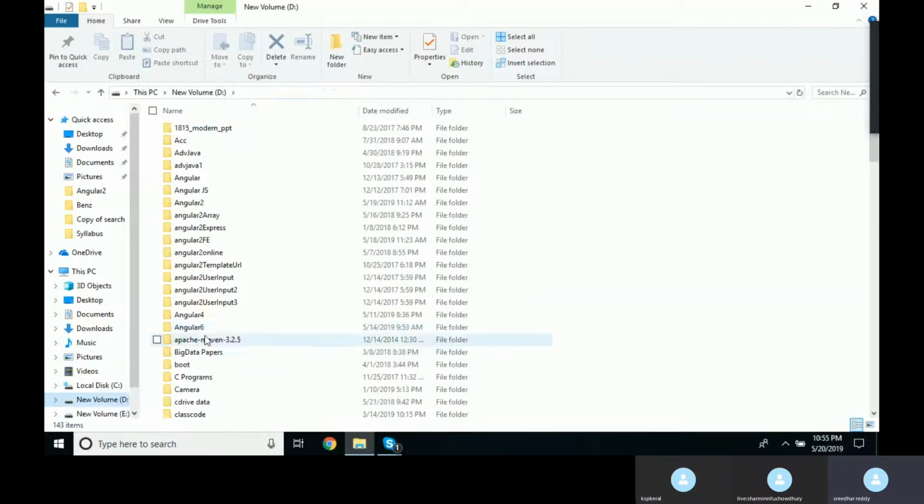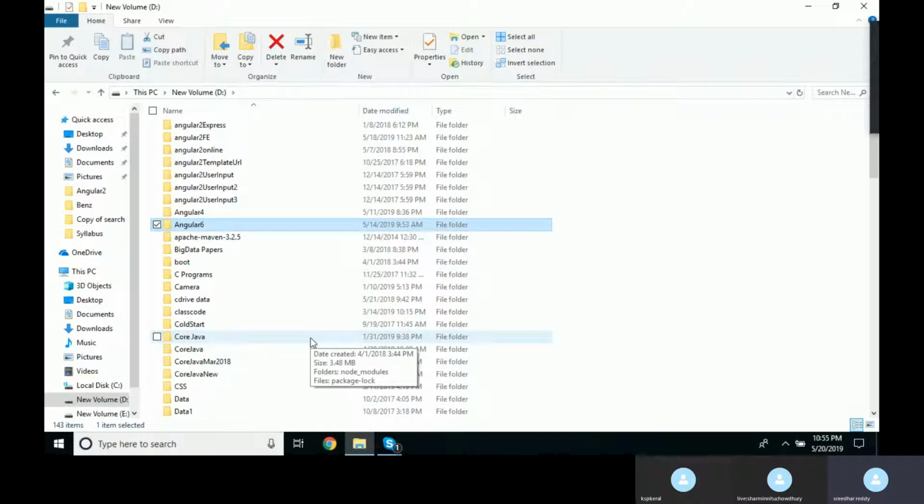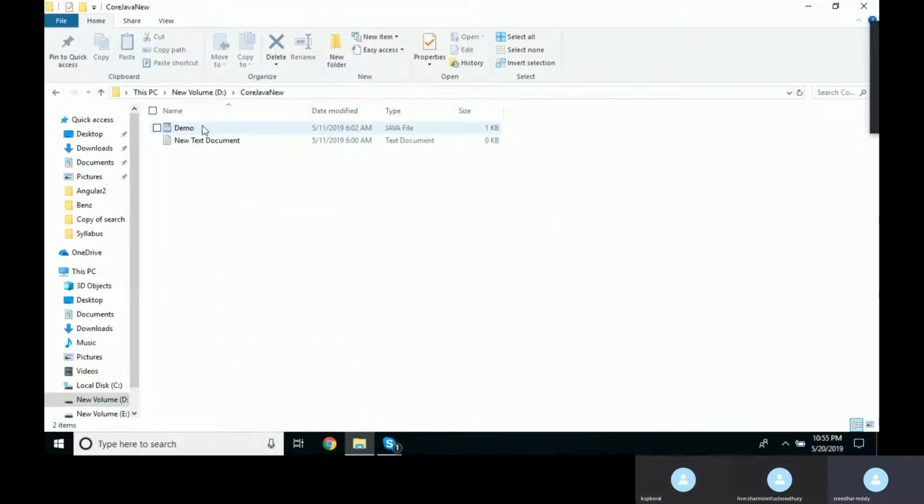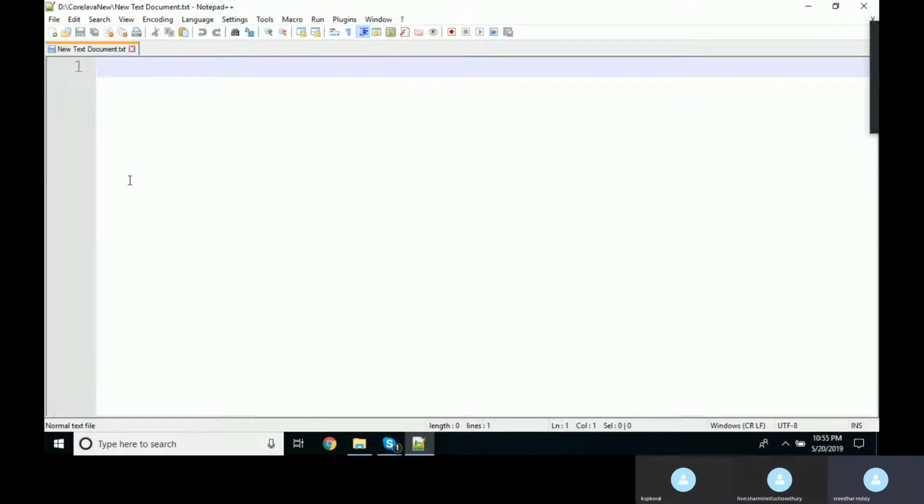Go to any drive. Right now, you have the freedom to go to any drive and execute your Java program. So go to any drive, create one folder. Better to save all your programs into one location. See, I have a text document here. Here I'll type my Java program. Now public